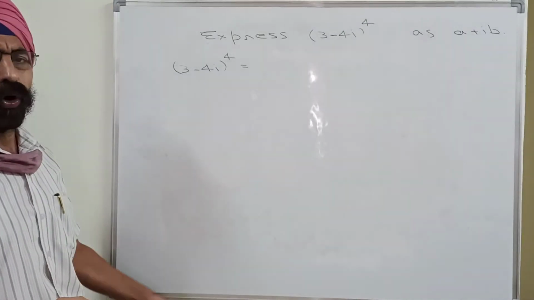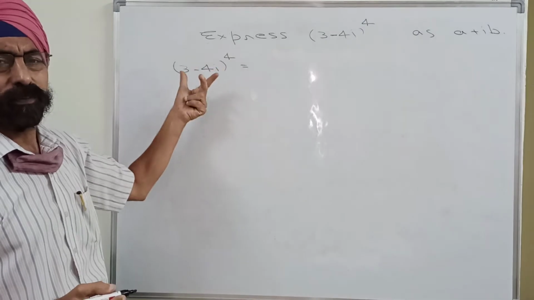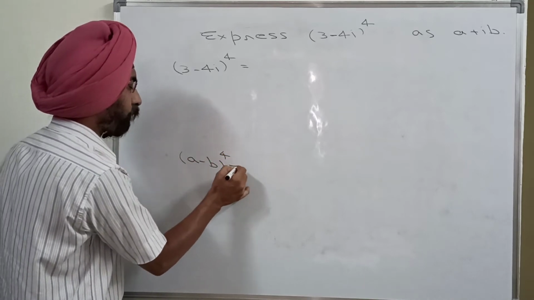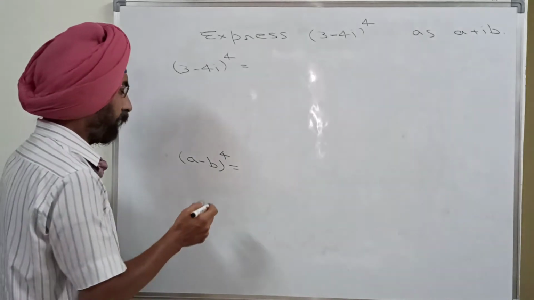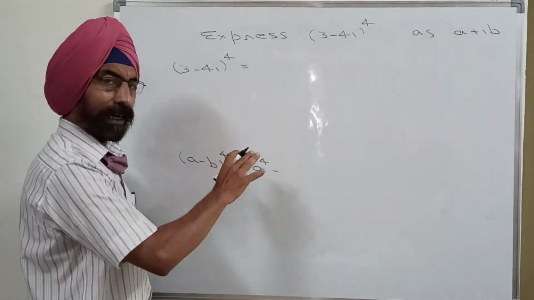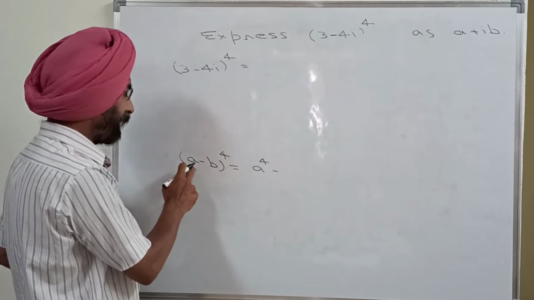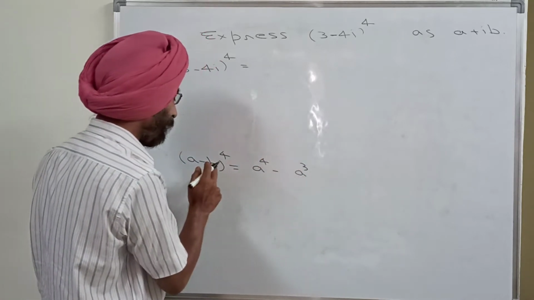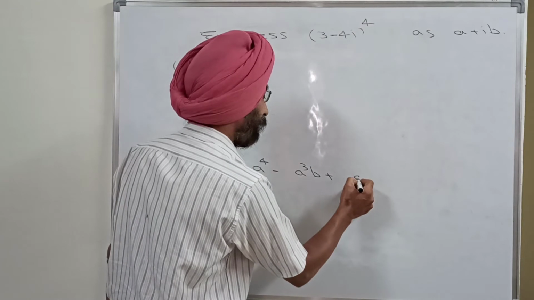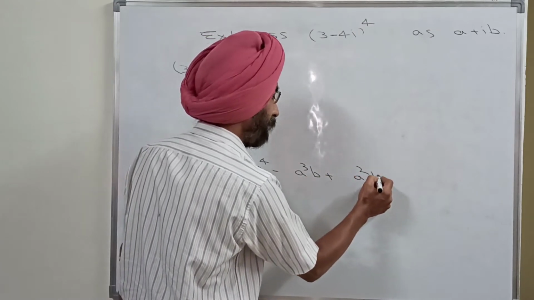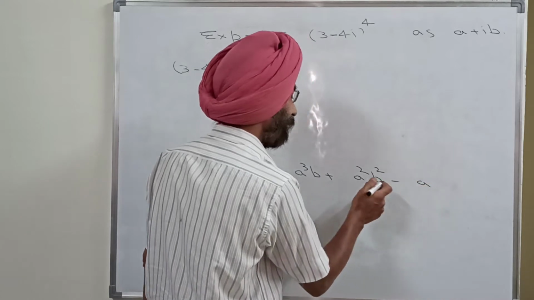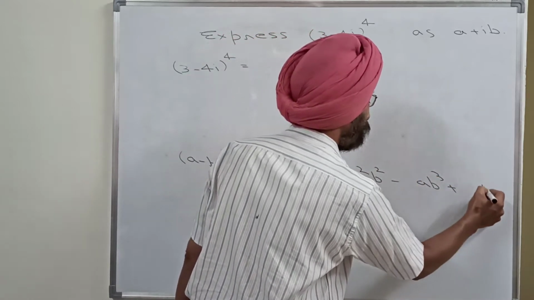and we know how to obtain the coefficients of a power of the sum of two terms. For example, if I am writing (a minus b) power 4, then how to solve it? To solve it, I'll start with a^4, minus, alternate signs, positive and negative. So second one is negative. I'll reduce one power, so it is a cube, and I will introduce b. Then once again plus, minus, and then plus. So one power again decreased from a, and one power increased of b square, minus, because after plus once again minus. So a square, one power reduced is a, and b square increased is b cube, plus b power 4,